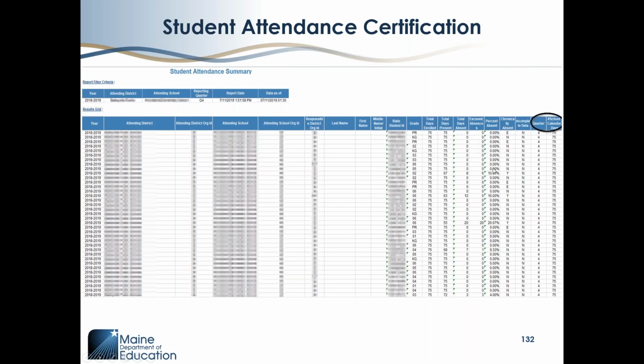This report will show you which of your students are chronically absent and which of them are exempt. But the days enrolled and days present fields will have little filters on them. If you click those fields twice, it will pull all the blank values up to the top. And those are the students who need